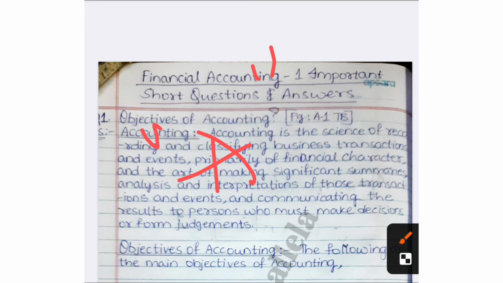Whatever theory questions we have for Part A, that is for 20 marks, this one video will be more than enough. Only the theory questions are discussed in this video. So the students who are learning the theory questions, at the very minimum you need to learn the theory questions in Part A. For them this video will be useful.